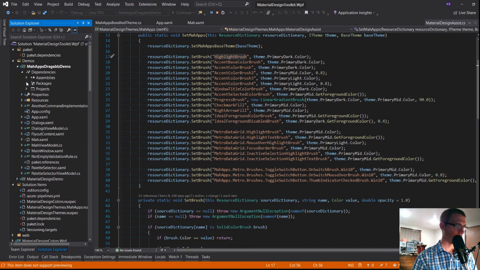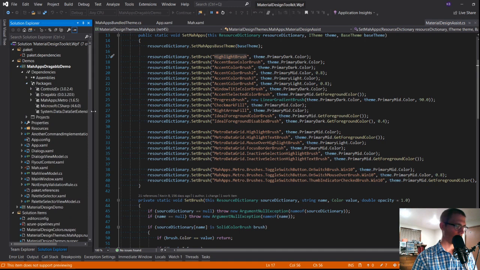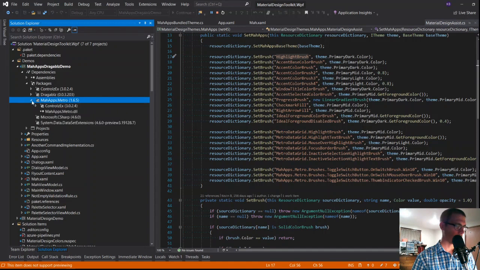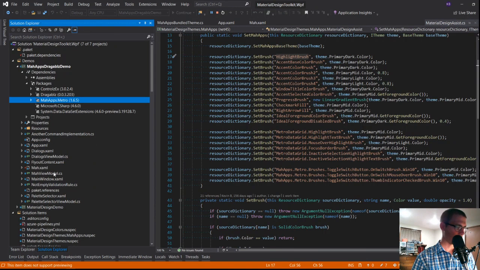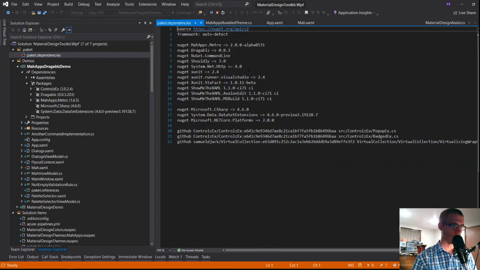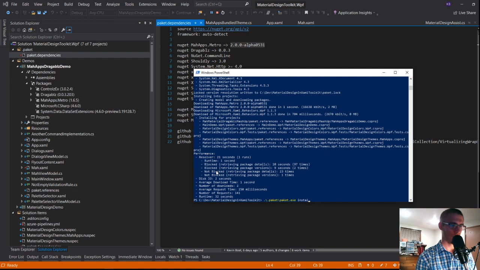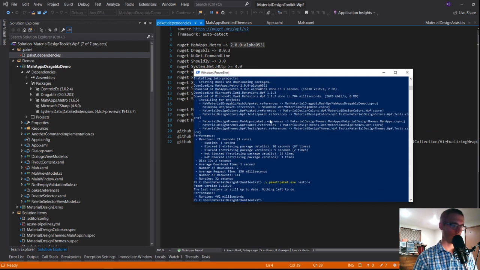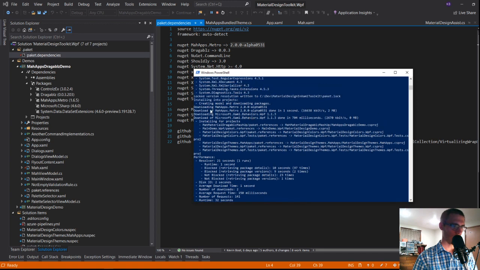Let me double check my dependencies. That's why it's working. Aha! You cheater. Despite the fact that I directly told you this. Okay. Packet. Restore. Come on, because I saw you downloading MahApps 2.0. You should have brought this in place. Let's see, WPF packets,